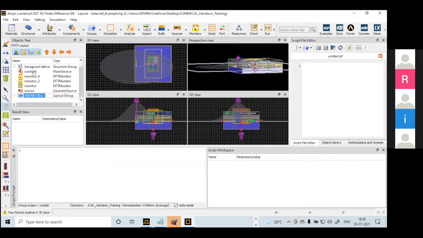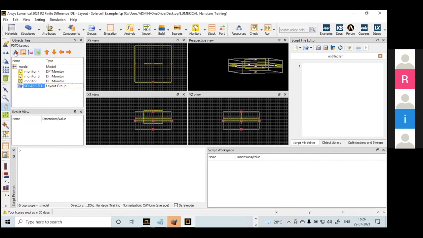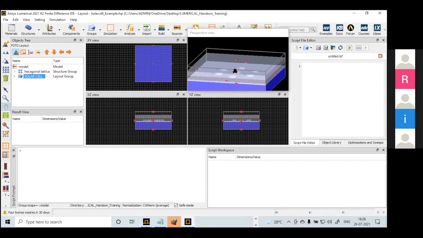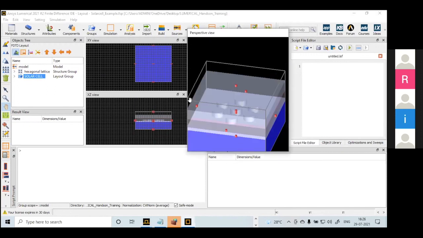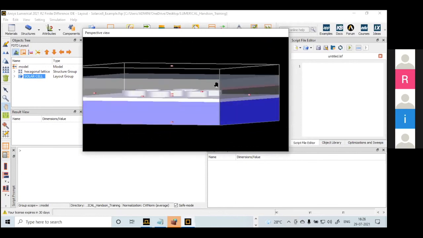You can see only monitors here. Now this is the solar cell, this is only geometry. See here, you have the option to disable one by one. Say if you want to see only the structure, this is the structure and remaining everything you can untick. This is only the structure you can see, this is the structure 3D layout. You can pan like this and you can see the three-dimensional variation. You can zoom this and even export it to a normal image to include it in papers as well. Then later we can label it.